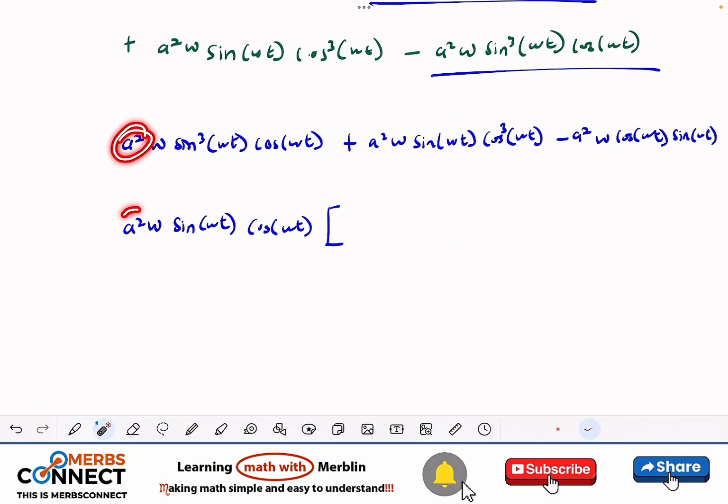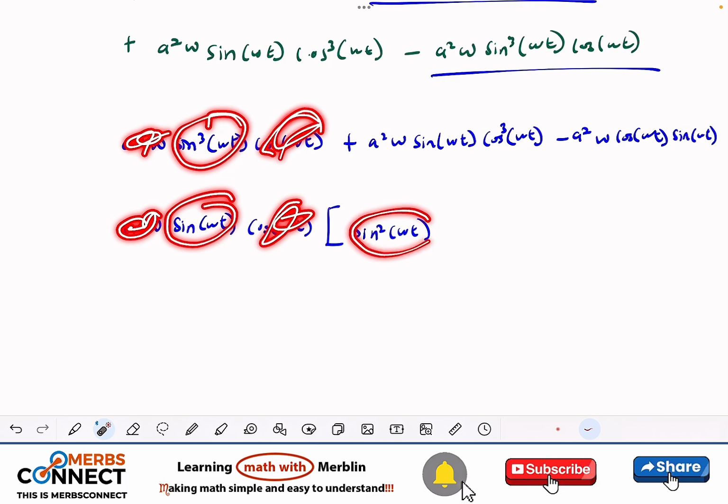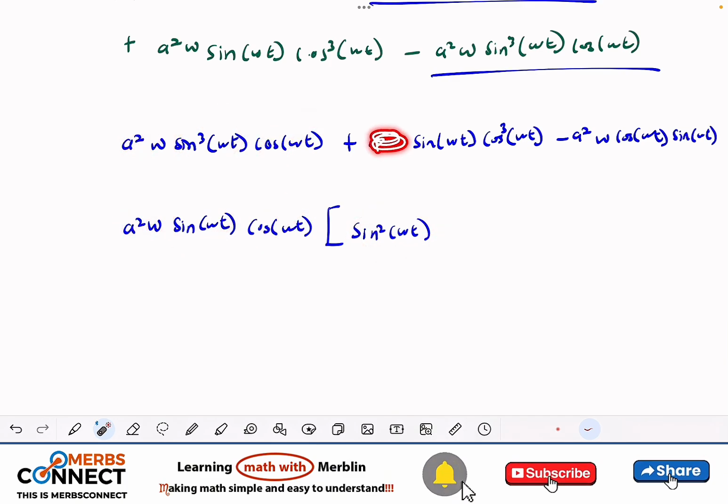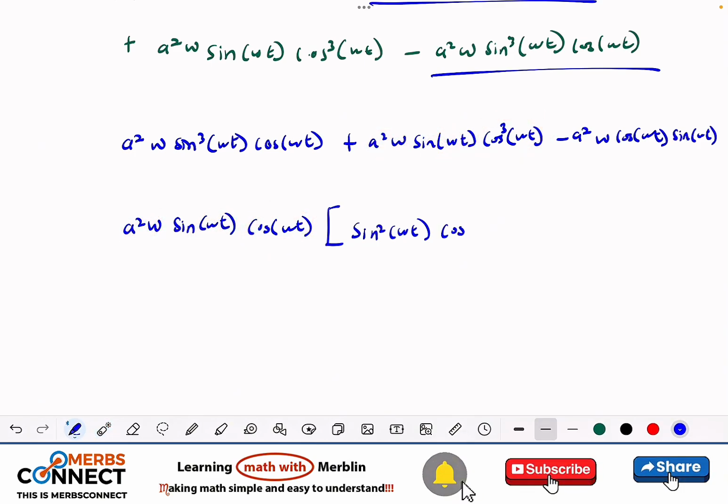So when I factor this out and this out, I factor one of the sine and cos out. This one will be left with just sine squared omega t, right? This is out here. This is also out here. And when I factor one of this from this one, it will be cos